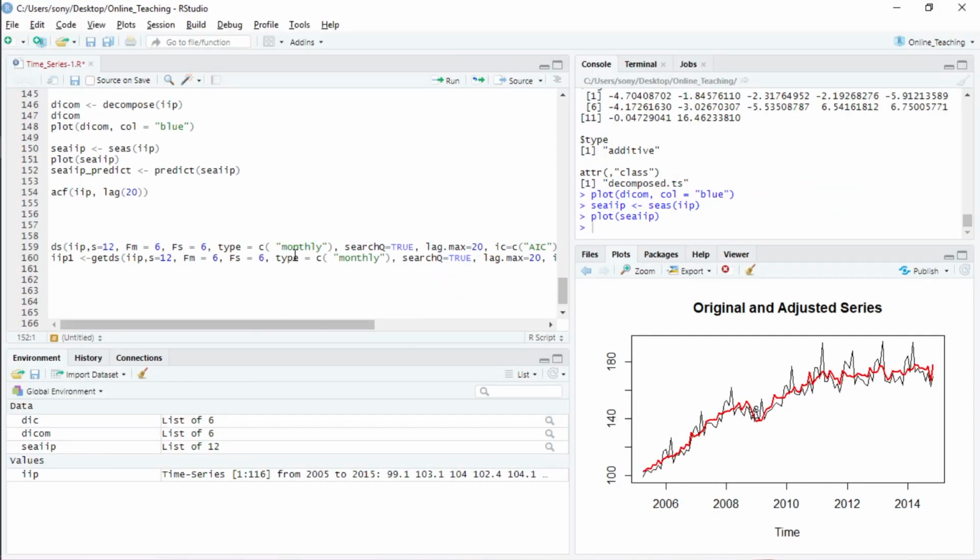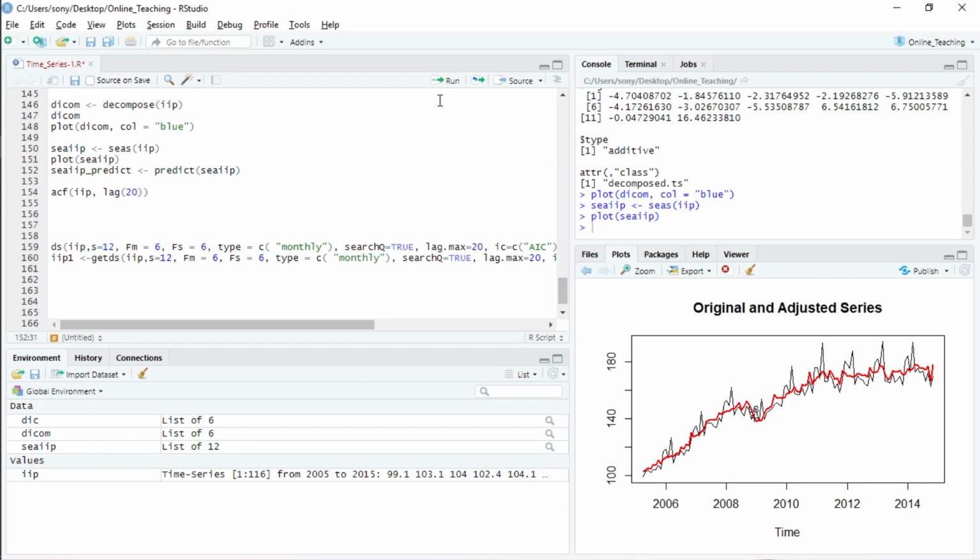So how do we get the deseasonalized data? To get it, we have to call the predict command. So I create a new variable called CAIIP predict, then call the function predict, and in brackets the seasonally adjusted data, this one.